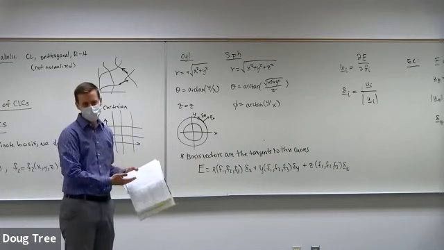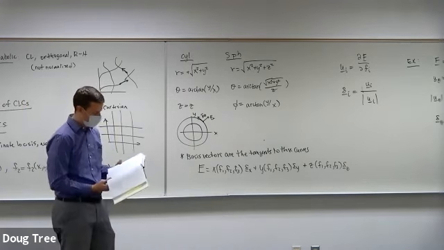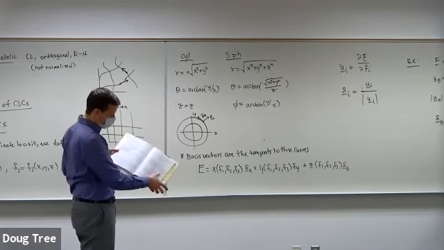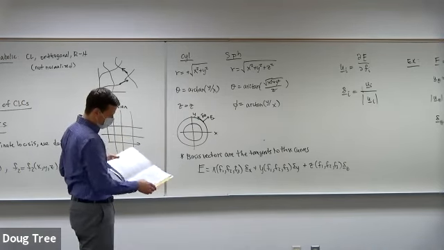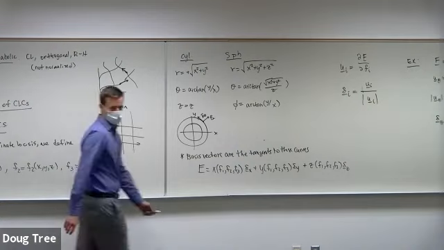You just stare at these, and some of them you can get by thinking about it, looking at the physical intuition. But your book has all sorts of stuff on these, and they have the basis vectors. And then they also have derivatives of the basis vectors, which you're going to see in a second is really useful. So I'm not going to copy all of them down. We're not going to do them all here, but you can see in your book, you can practice with one or two of these. All right. Any questions?